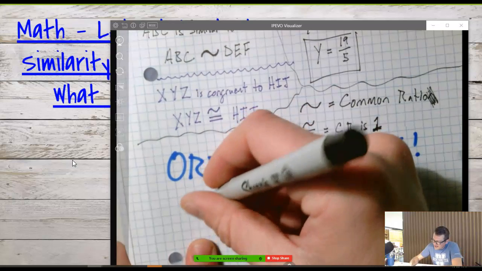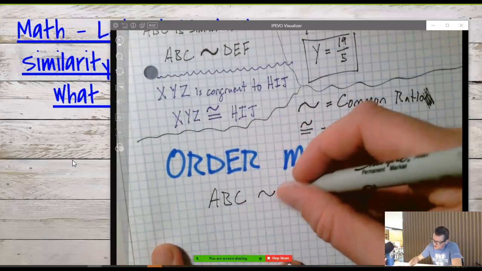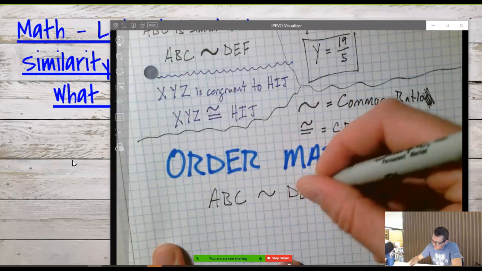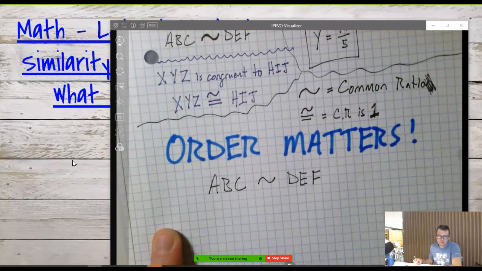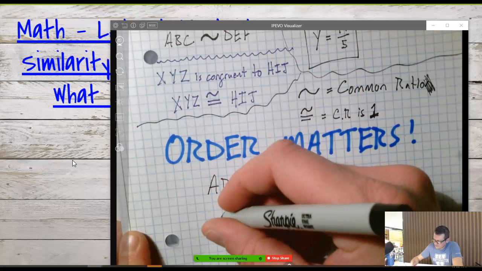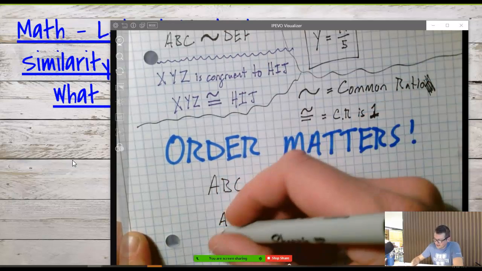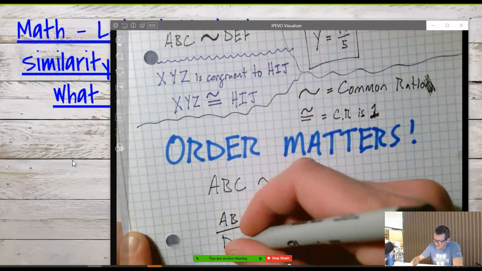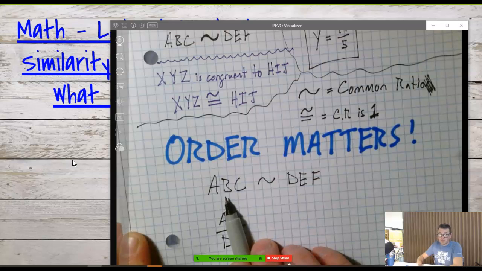So if I say ABC is similar to DEF, then you can know that the line AB and DE have a common ratio. So you said AB and DE have a common ratio. So we can set up the first two points, or the first side,